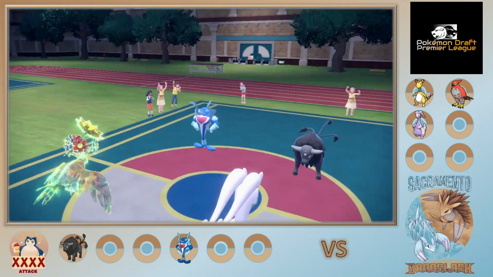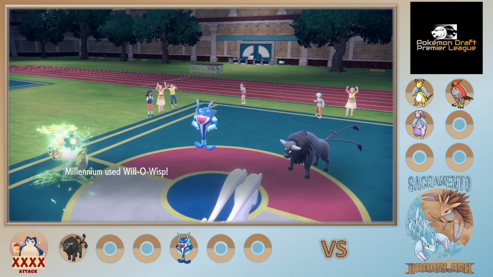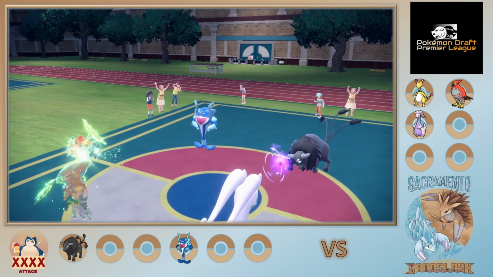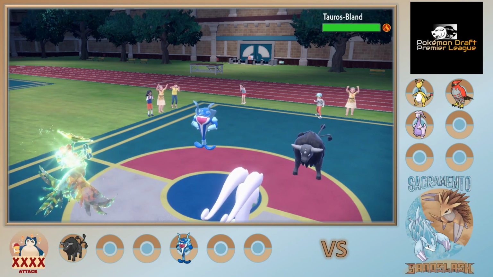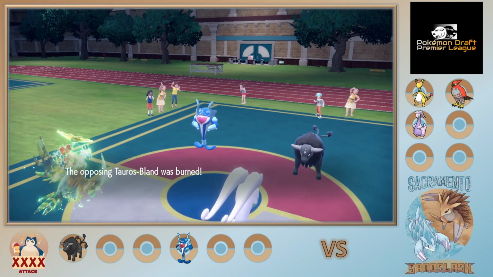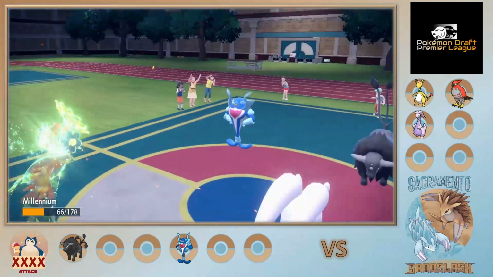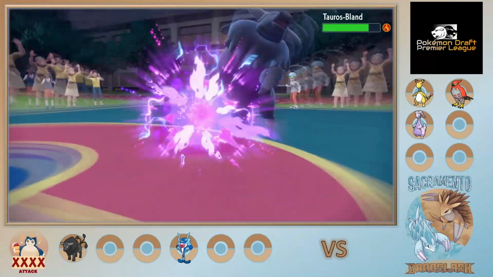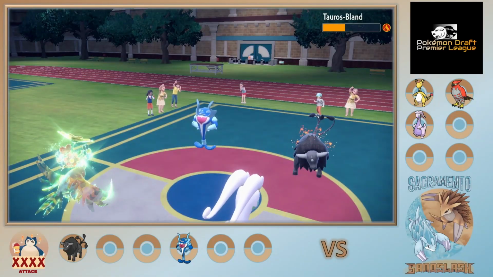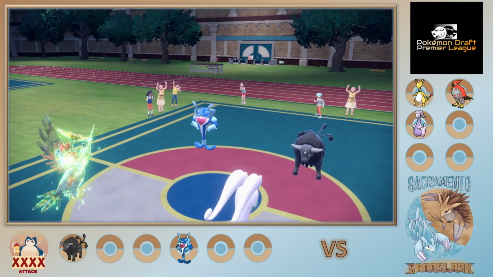Okay, cool. We get the Protect from them, so... yeah, I think actually that's probably best case scenario. Because I wanted to Will-O-Wisp this. I didn't know if they would Protect, but I felt like Ampharos would be able to deal with it in the endgame if they did have it. And they have Raging Bolt. Do I live this? Oh, perfect. Okay, that's so good. Yeah, that's amazing, actually. So I could potentially Flamethrower that spot, and then...